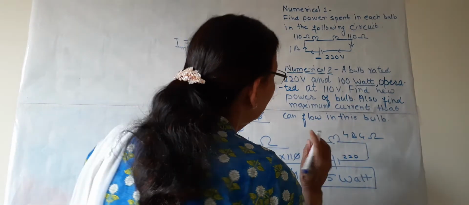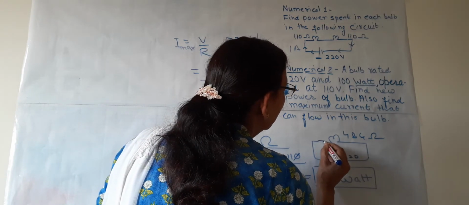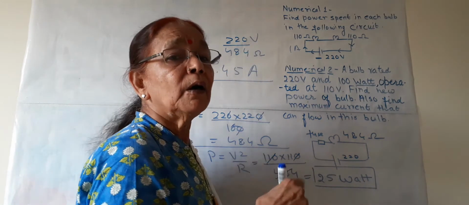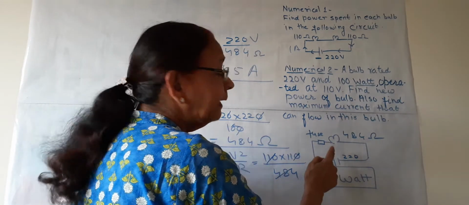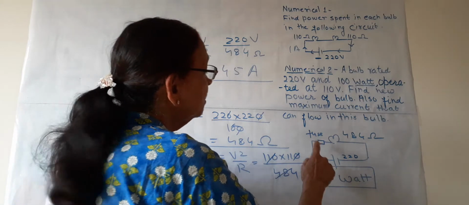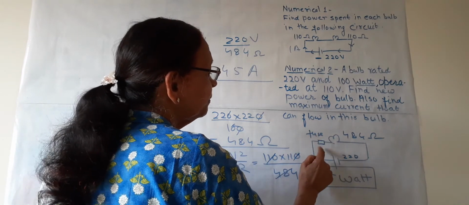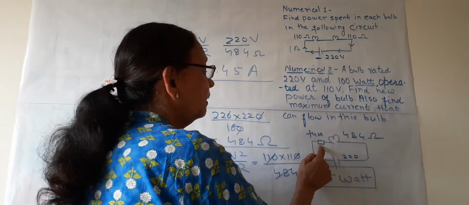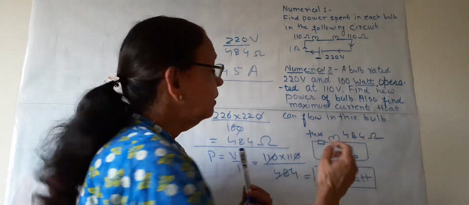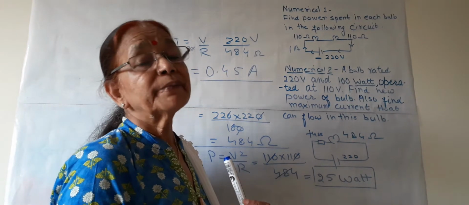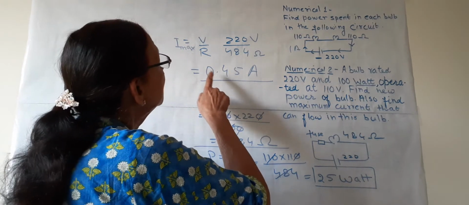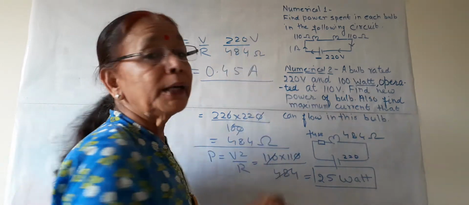So before this bulb, in these circuits, we put a fuse. This fuse will be about 5 ampere or less than 5 ampere. If more current enters the circuit, the bulb will not fuse. Before this, a 4 ampere fuse should be there. So if more current enters, the fuse will fuse before the bulb or any other gadget. So we put fuse in series in these circuits. So the maximum current which will flow from this bulb is 0.45 ampere by Ohm's law.